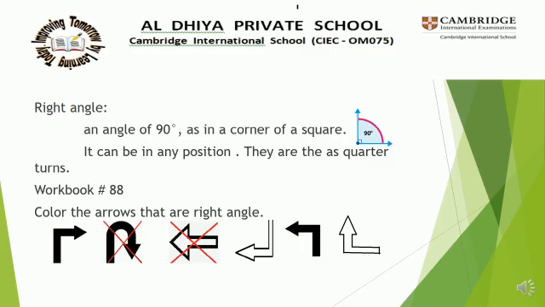Okay students, you all understand this? What is right angle? That is like corner of the square. You can close your eyes and imagine the square, that corner, the two lines are joining, no, that corner. Okay, that corner is 90 degree. Where I put a cross with the red mark, that is not having any right angles. Other four images are having right angles, so you can color those things.